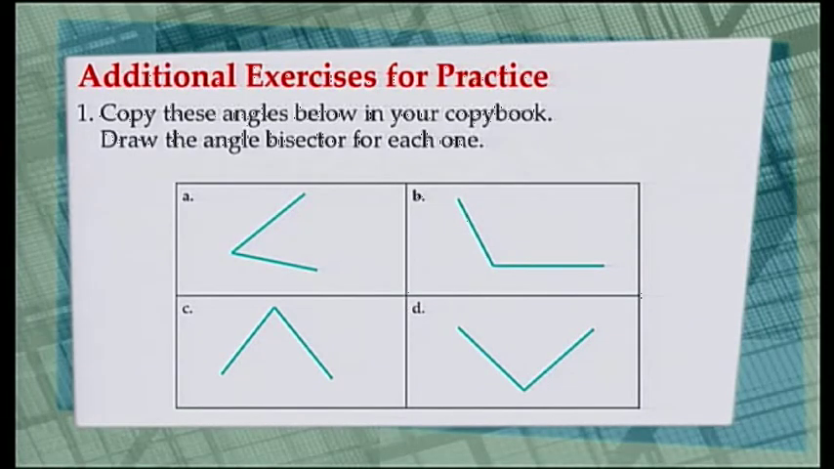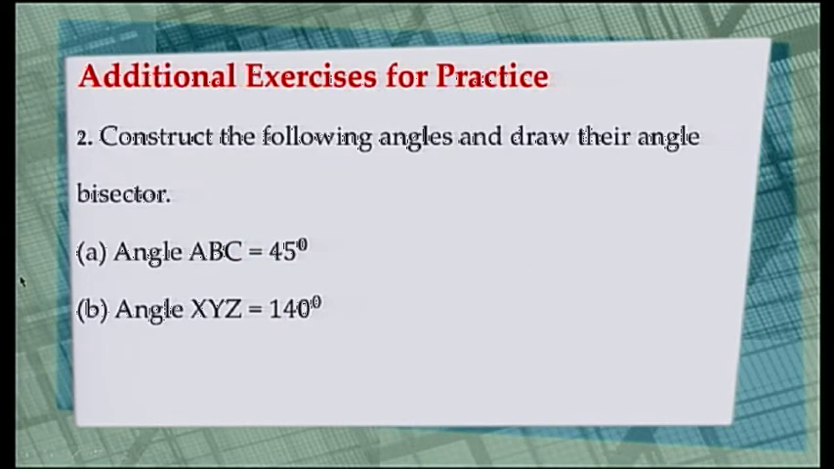In the first one, okay, what you need to do is to copy these angles, okay, and then to draw the angle bisector for each one. That's for number one. And then, for number two, construct the following angles and draw the angle bisector. Remember how to construct angles. You've done that in the chapter on angles, okay? So you construct your angle